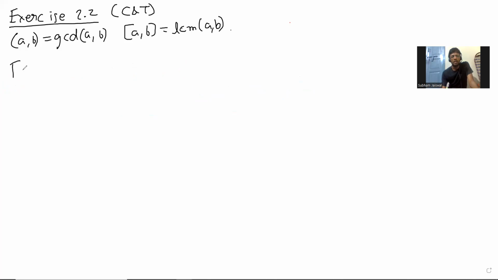So quickly speaking, we can say this. Find, this is a good question. This is not there in Challenges and Thrills, but I remember it being in some number theory section somewhere. Anyway, it's just a question you can ask: find the number of pairs of numbers a comma b, such that